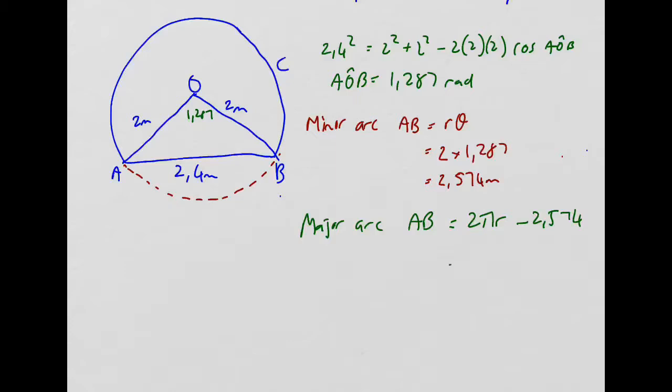And that gives us 9.99 meters. And that's obviously where we substituted the radius as 2 meters into this point to get the answer of 9.99 meters. Right, so the full perimeter is equal to the 9.99 meters, which, remember, represents A to B, plus